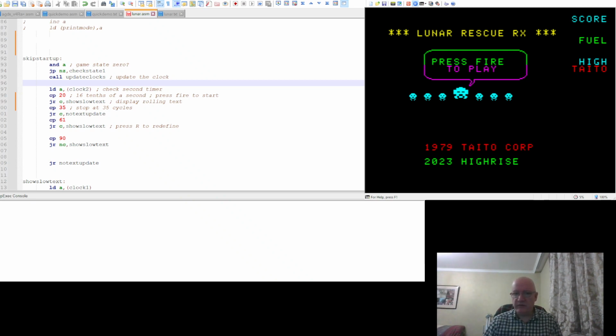Clock 1 is running at normal 50 frames a second. Clock 2 is running at an eighth of that, right? So I guess it's about, what's that, 50 over 8? It's about 6.5, isn't it? So yeah, 6 1/3 maybe. Anyway,